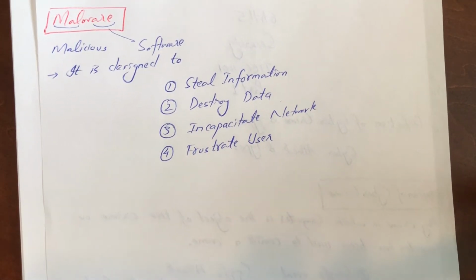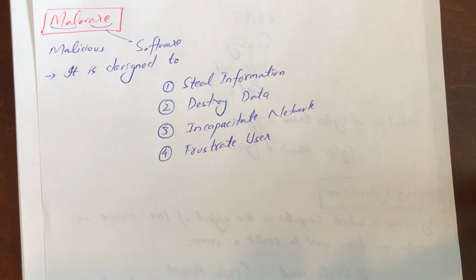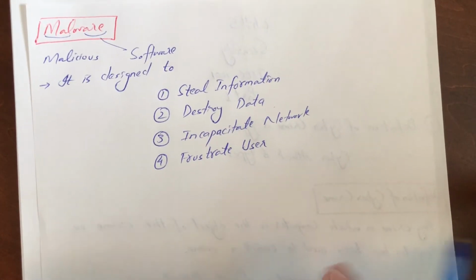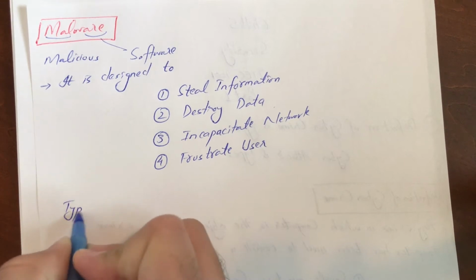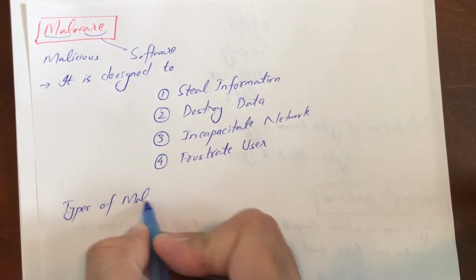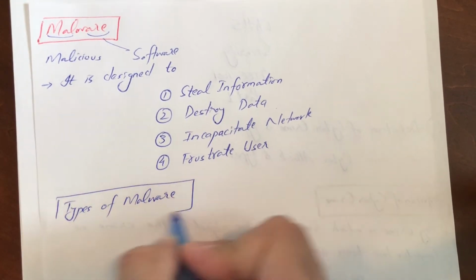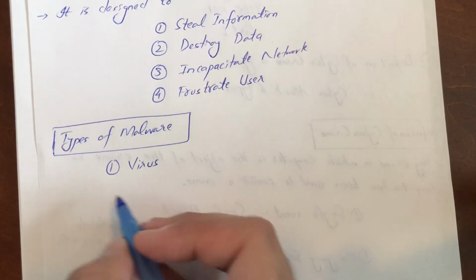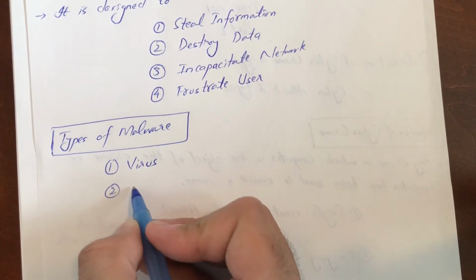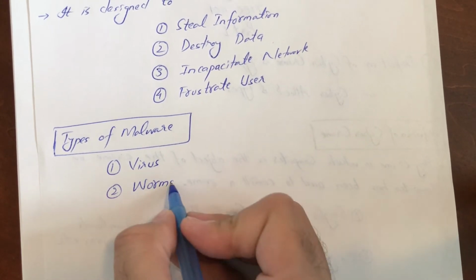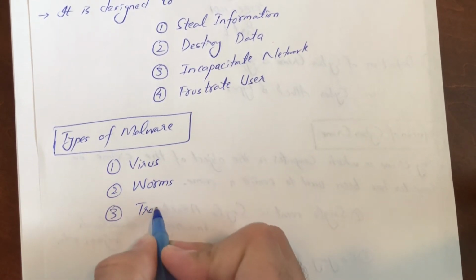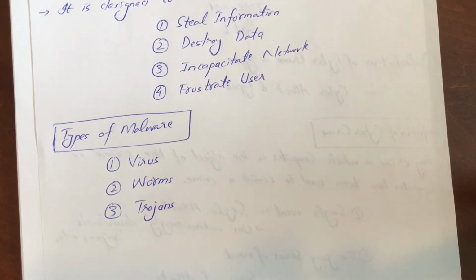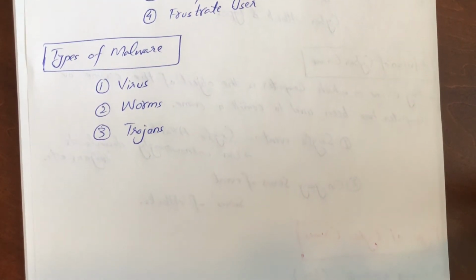A malware can be of many types, and to commit a crime, attackers actually use malware. So, types of malware: there are mainly 3 types of malware. The most common type, we will talk about it in our part 2, is called virus. Second type of malware is worms, and third type of malware is Trojans. We'll talk about all of them in detail in our part 2. Viruses are basically the most common term that we use with malware. Some people confuse malware with viruses, in fact.